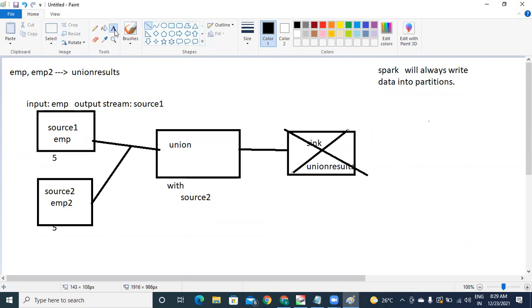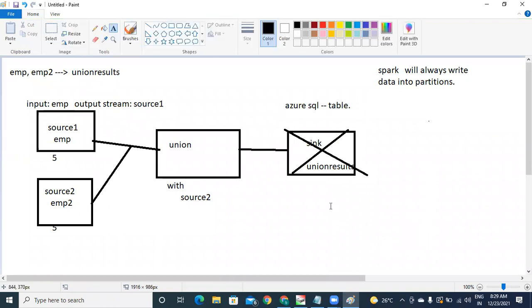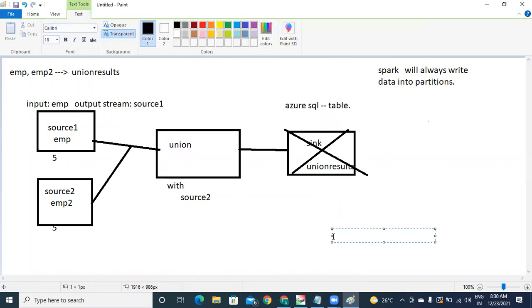With Azure SQL, your database table. Okay. For this, already you have created one table in our last examples. Last to last class, we have seen how your data flow will write into the SQL table. The same table I am going to use because the schema is same.